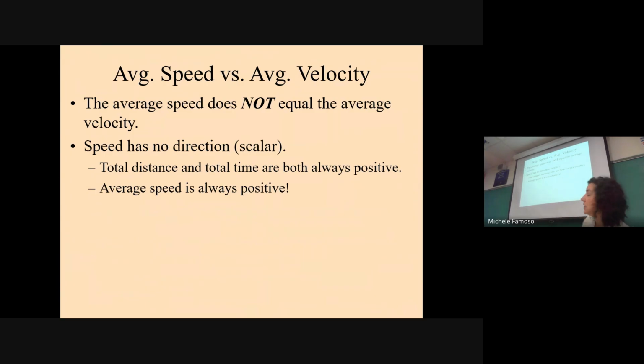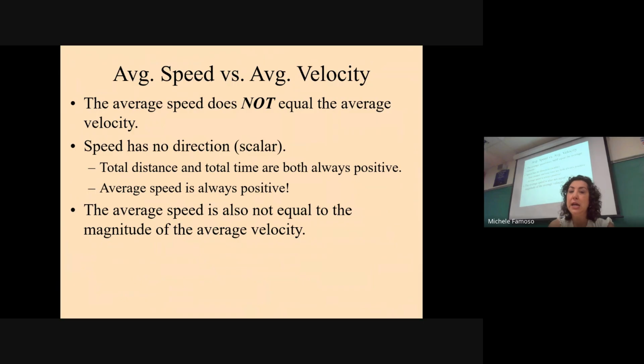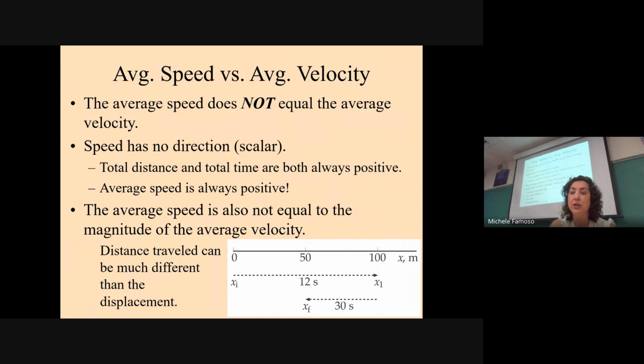There's a mistake here on the slide. It says average speeds are always positive. That's incorrect. Nor are distances and times always positive. That is incorrect. If I'm saying it's positive, it means we put a plus sign out front. That plus sign is a what? It's a direction. Does a distance have a direction? No. Does a time have a direction? No. Therefore, speed can't have a direction. It should not have a plus sign out front of it either. It is unsigned. Unsigned is the better term to use. They are unsigned quantities. Your average speed is also not the same thing as the magnitude of your average velocity,